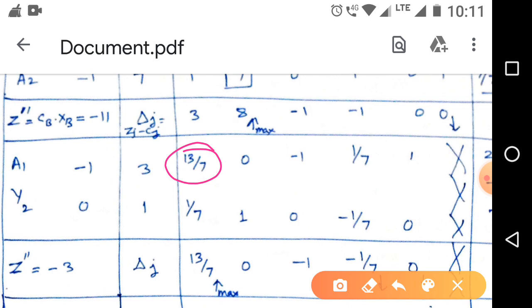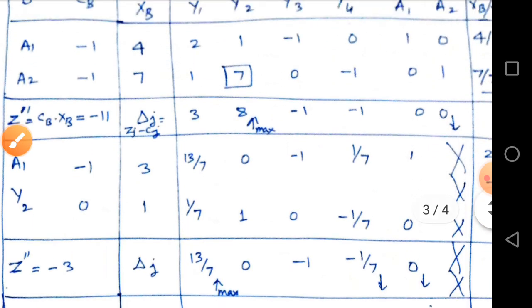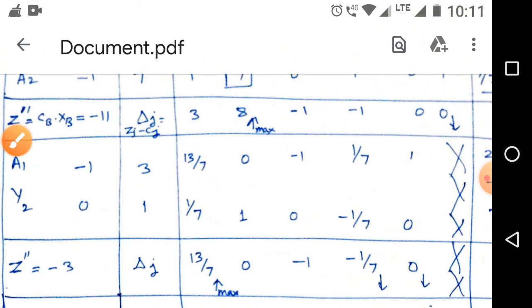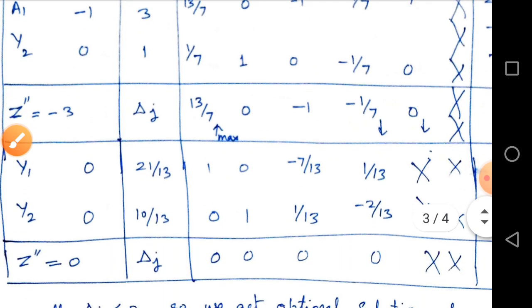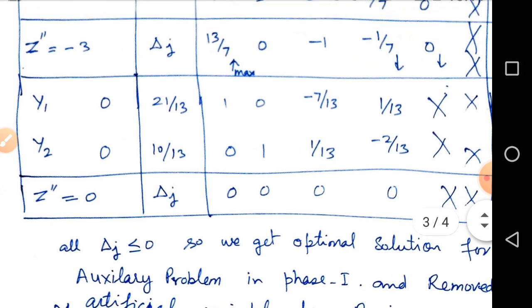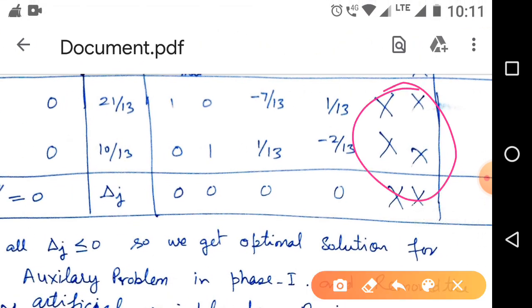This means the x1 variable comes into the basis and the artificial variable is removed from the basis. We get a simplex table of this type, where both artificial variables are removed from the basic matrix, so we need not write these variables.